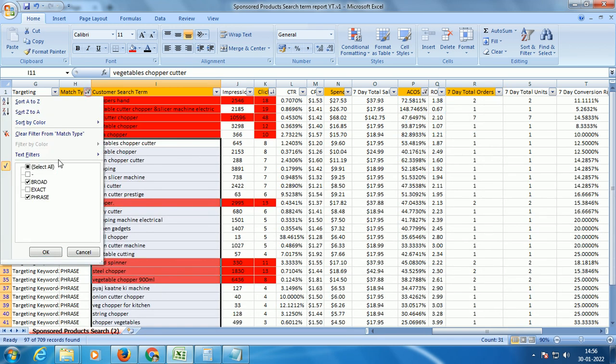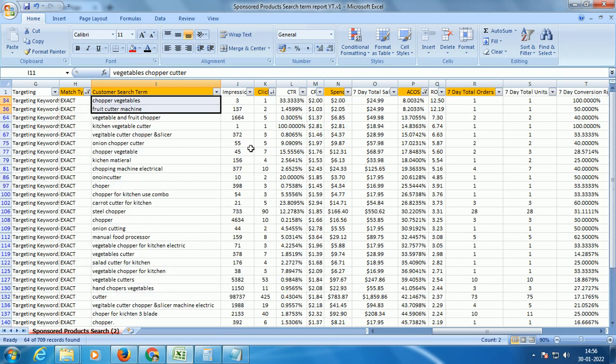Now let's move on to our exact match campaign. What are our exact match campaigns? See, there is a reason, right? When you have a specific search term or keyword here, this keyword has passed all the checks from your auto campaigns. This keyword has passed all the checks from your broad and phrase match campaigns, right? And then it has entered your exact match campaign. So technically, in the past there are some historic sales, right? This search term or keyword has given you a couple of sales in the past, right?